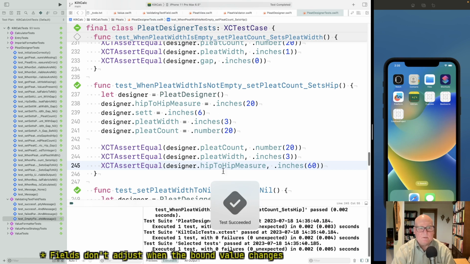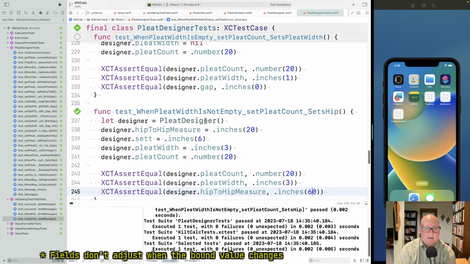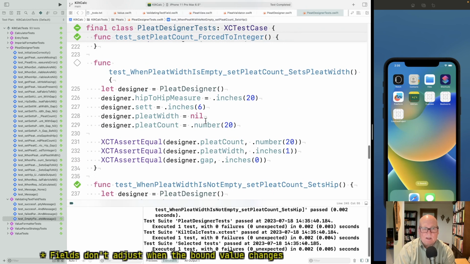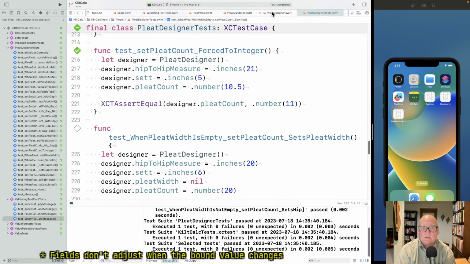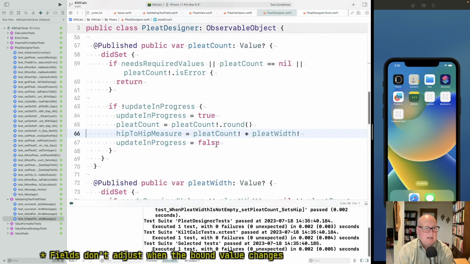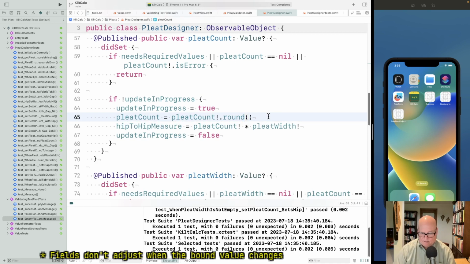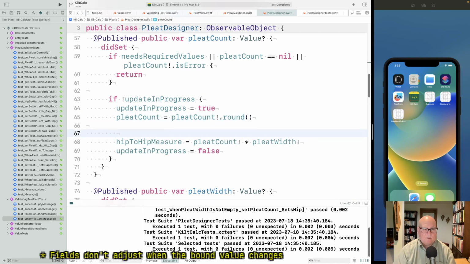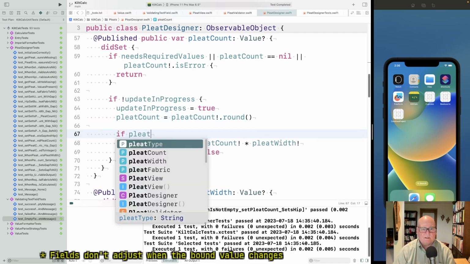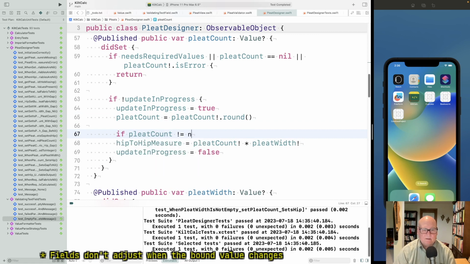Okay, yeah, that's the behavior we have now. But I think maybe this is getting at what was bugging me: I think it was too eager to change the hip width. And I think what we're going to do in this to fix this test is actually the right thing. Okay, so if pleat count is not nil,